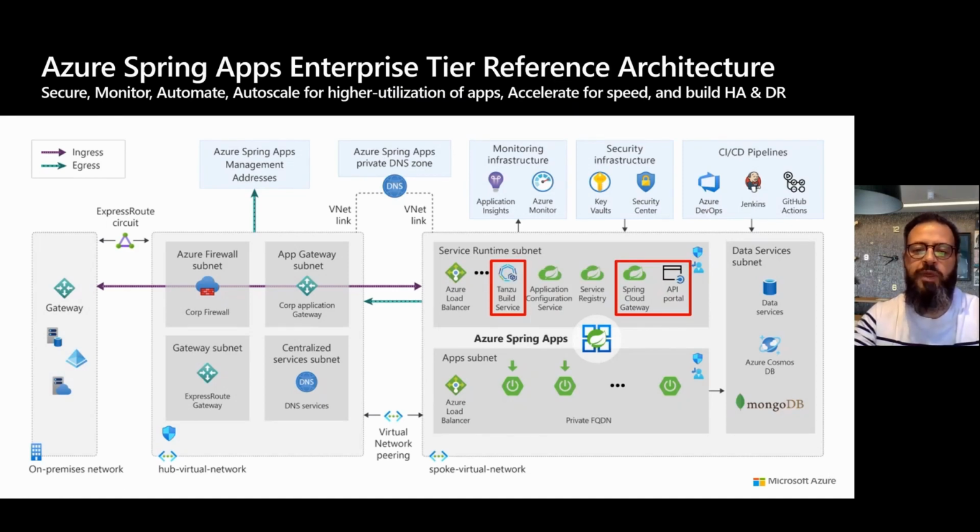If we look here at the reference architecture with the enterprise tier, this time you will get some extra components like the Tanzu build service, the API portal, and the Spring Cloud gateway.